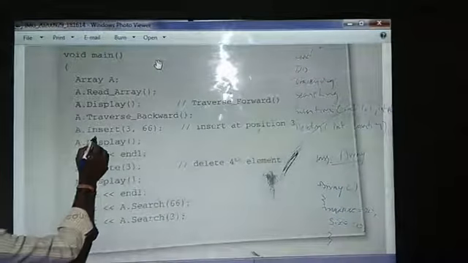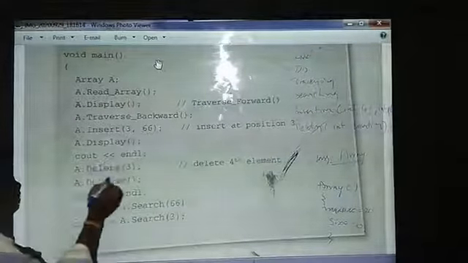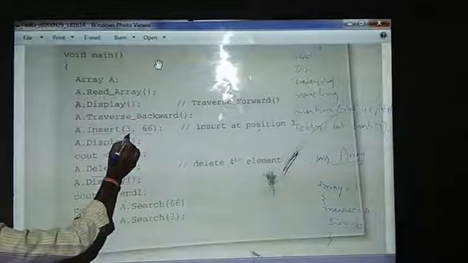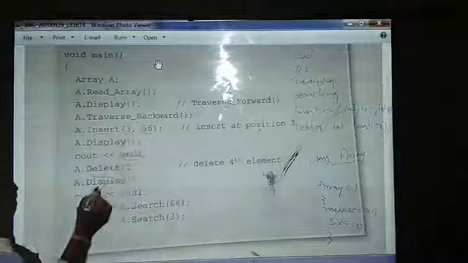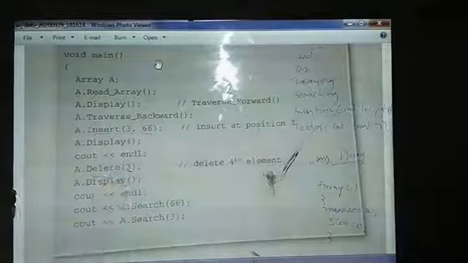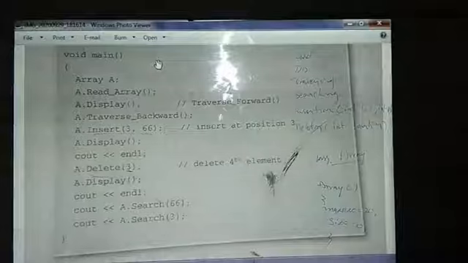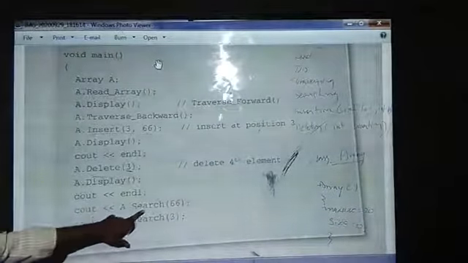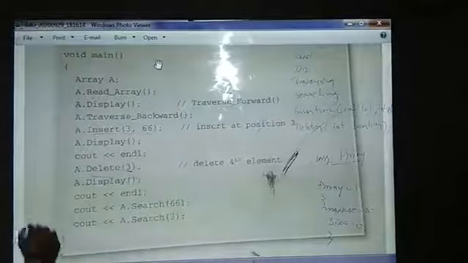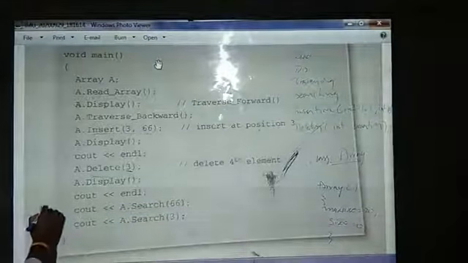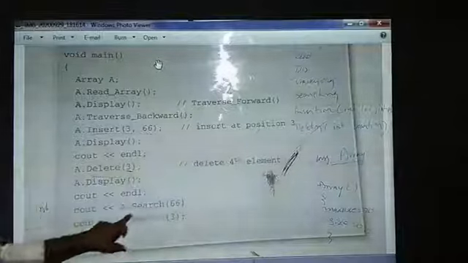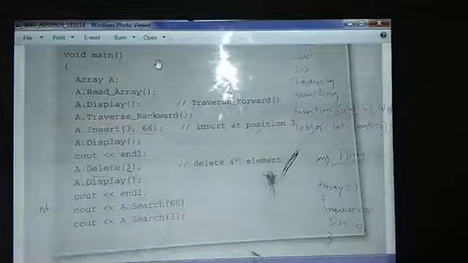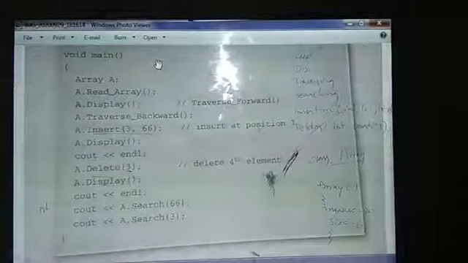See, in these two cases, insert function and delete function, we are providing some input data. Like in case of insertion, we will be specifying the location and the element. In case of deletion, I will be specifying the location. So if you want to print the output, in case of search element, we had a return type like integer. Why? Because when I'm calling this, it will be returning the position of this element. So directly that will be printed on the screen. Okay. Like that, we will be having the functions.